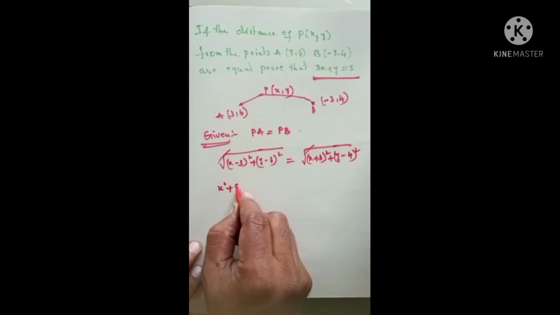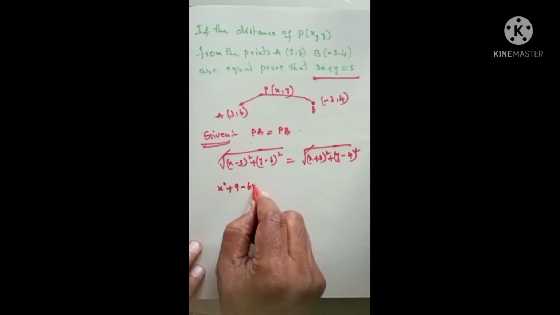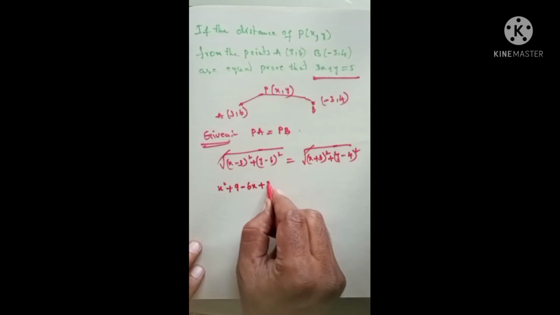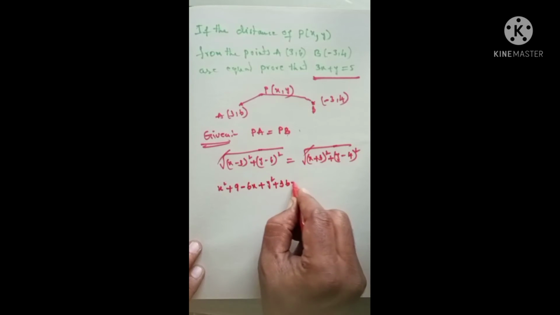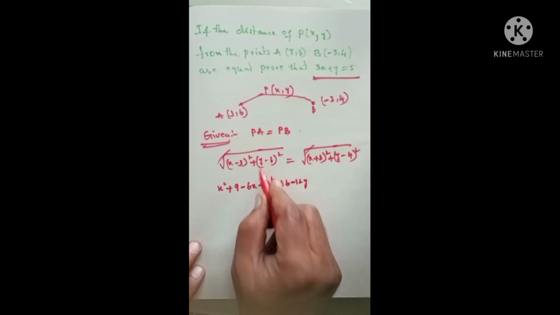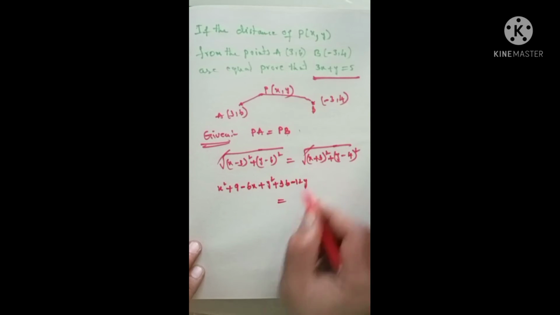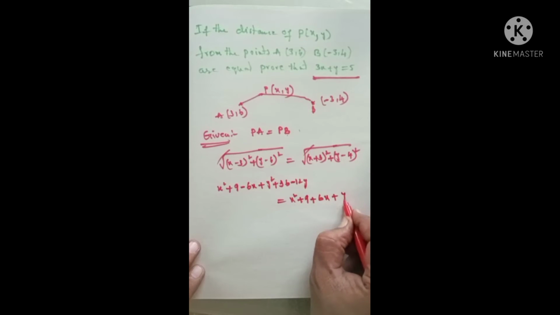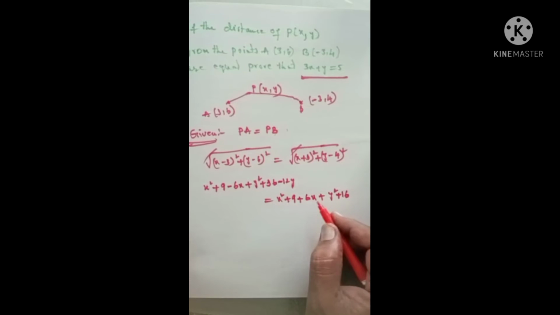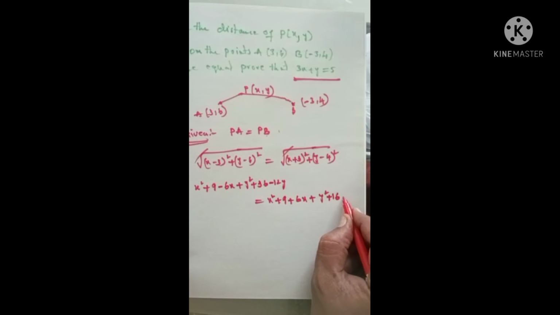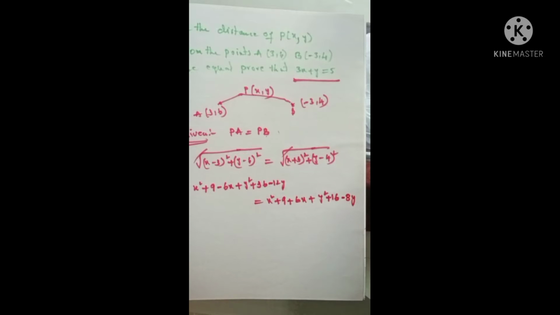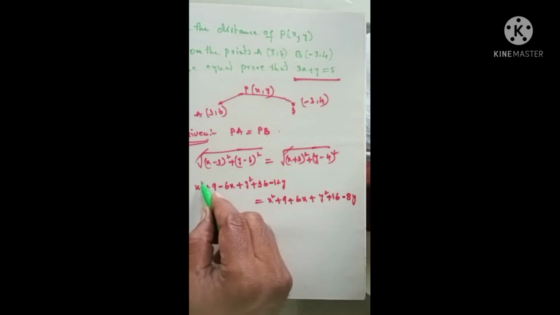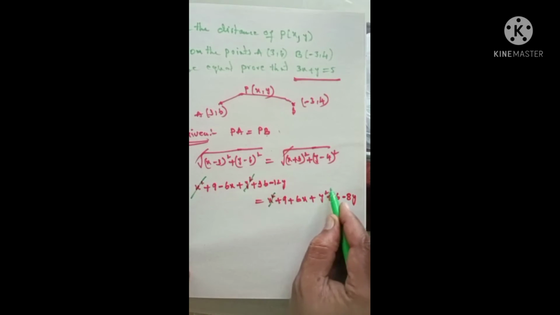This is x square plus 3 square is 9 minus 2ab, means 6x, you will get. The same way, (a minus b) whole square: y square plus 36 minus 12y, beta. Then you open (a plus b) whole square: this will be x square plus 9 plus 6x. Again this is (a minus b) whole square: y square plus 16, what is that value, beta? y square plus 16 minus 8y. I think you understood. I used (a plus b) whole square and (a minus b) whole square while opening these values, beta. Here x square cancels and y square cancels.